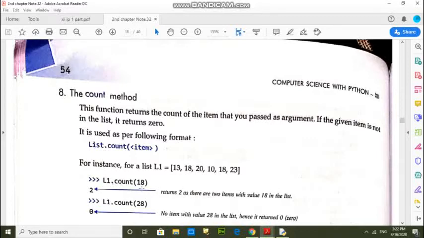So L1.count(18). Here this function gives the value 2 because 18 is coming in the list 2 times. That's why the output is 2. And if I give L1.count(28), 28 is not in the list, that's why its value is 0.